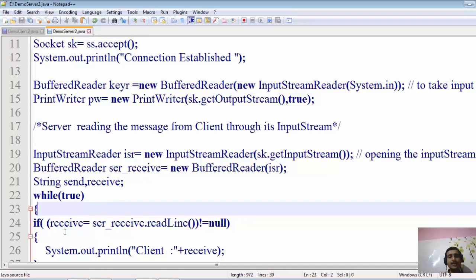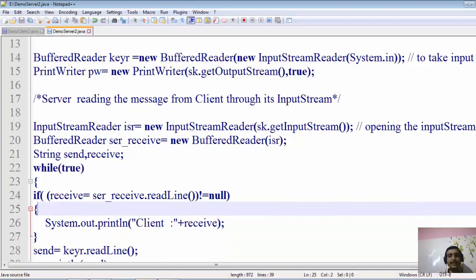And the condition will be false when it is equal to null. Till it is not equal to null, all the lines will be received successfully and simultaneously we are printing these lines. With the help of system.out.println, it means the client has sent this message plus receive; we have embedded this receive in this method.